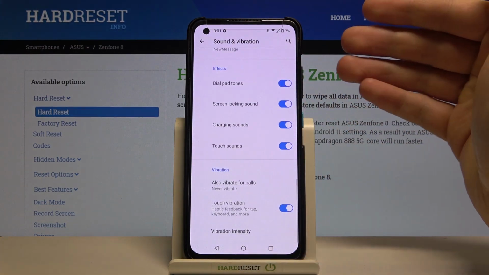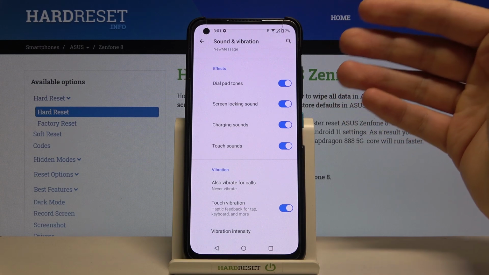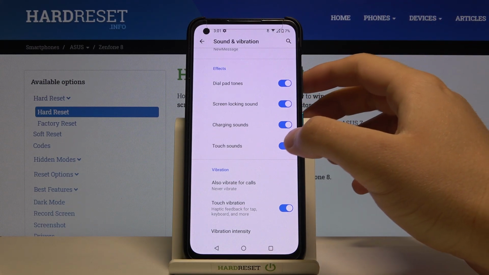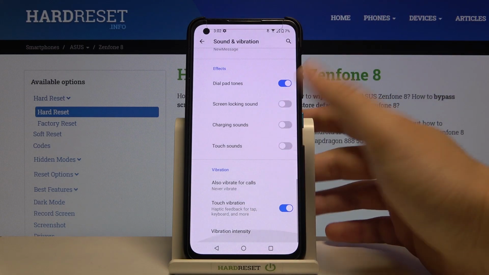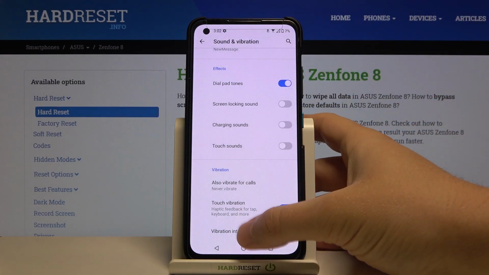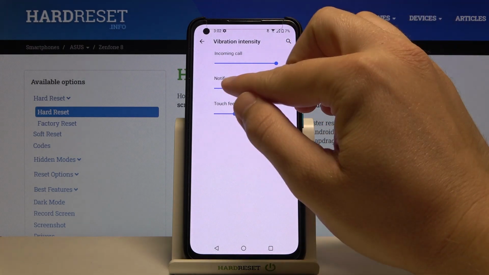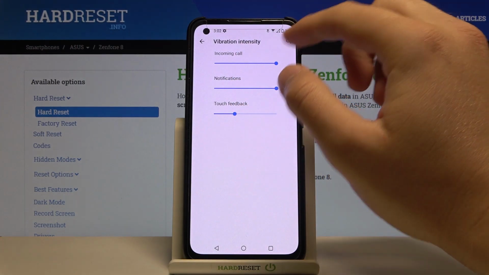We can also change the effects, sounds, like there is the touch sound, charging sound, screen locking sound. We get also here the vibration options like vibrate intensity for touch feedback, notifications, incoming call,